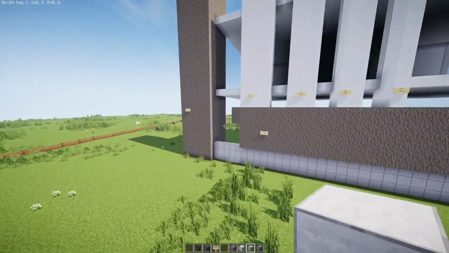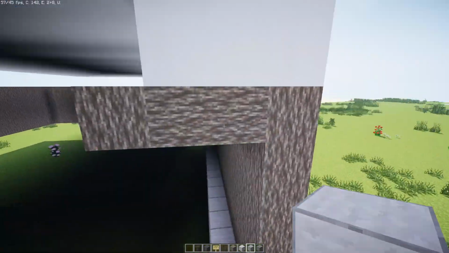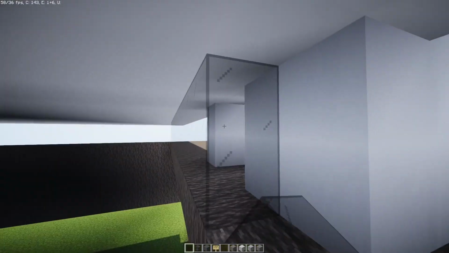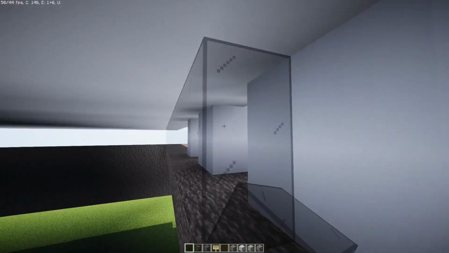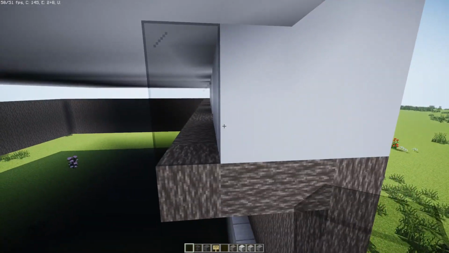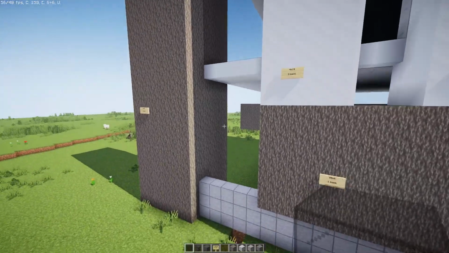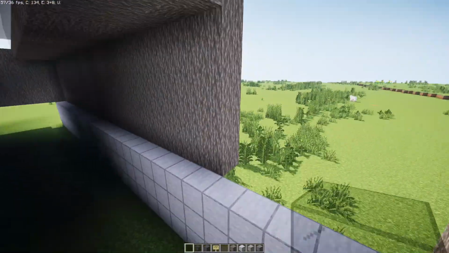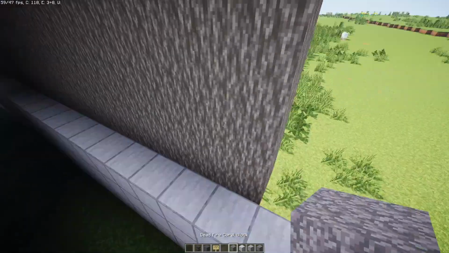Yeah, that's good. I think that's really good. Okay. Then, let's see. I want to make sure that this glass is extended across here. Like this. Okay. And then we're actually going to build in like a glass door here at some point. Probably...